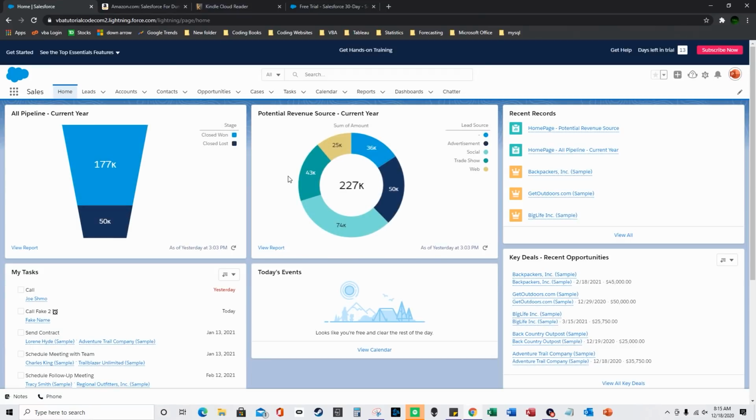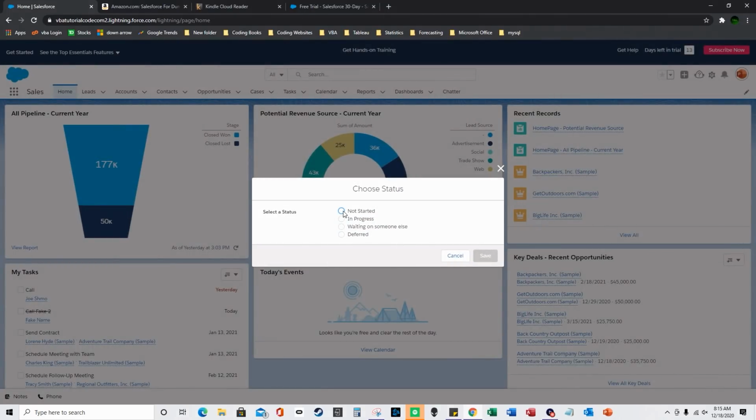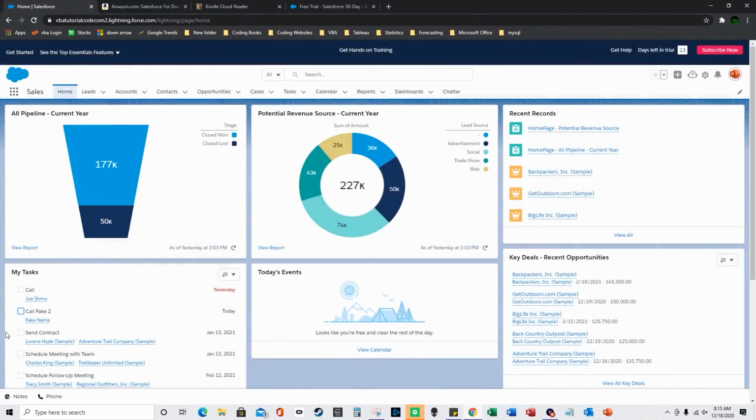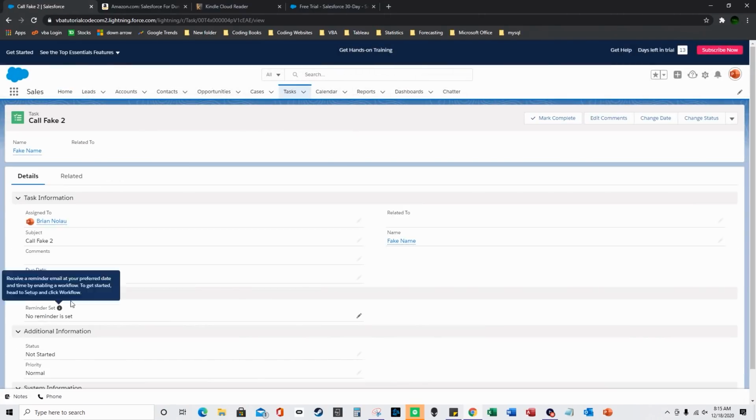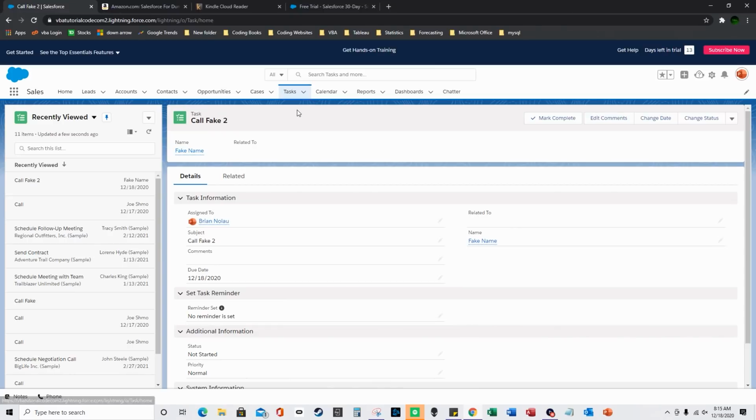And yeah, so when you want to mark a task completed, you could select this checkbox here, and that marks it completed, and you could choose the status not started. So over here I'm just going to click over here, and then you could also select mark complete up here, and then that'll mark the task complete. You could also go to tasks here and then mark it as complete there,